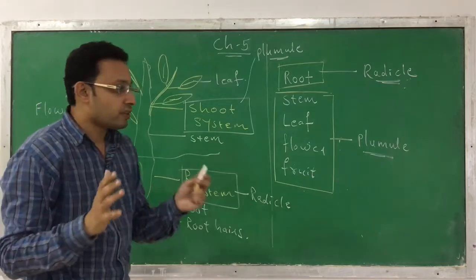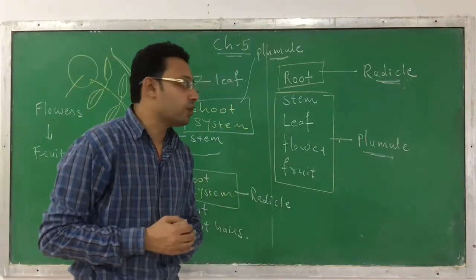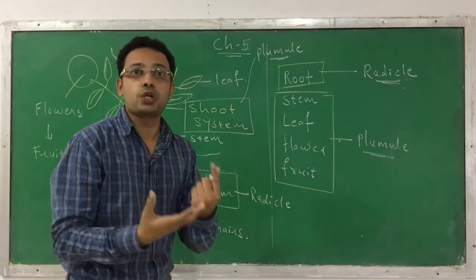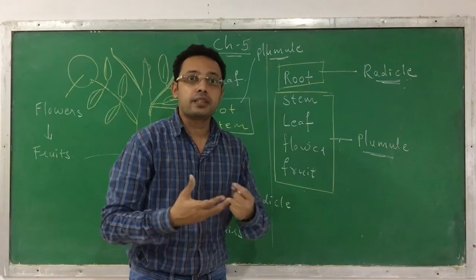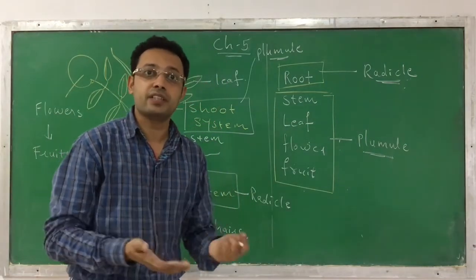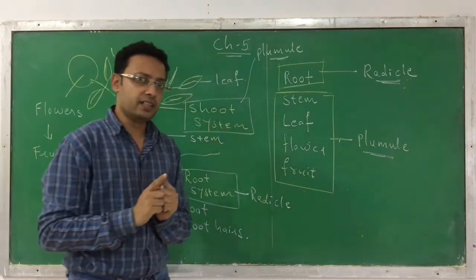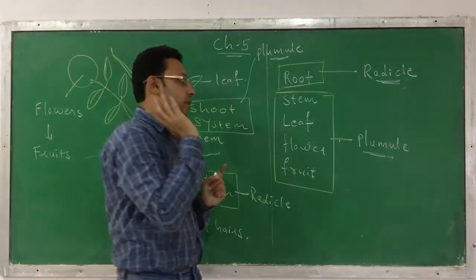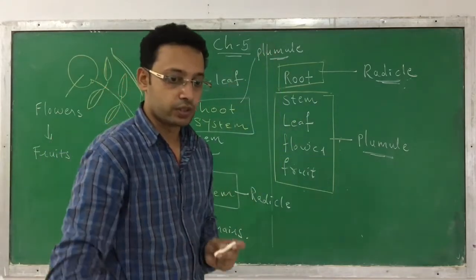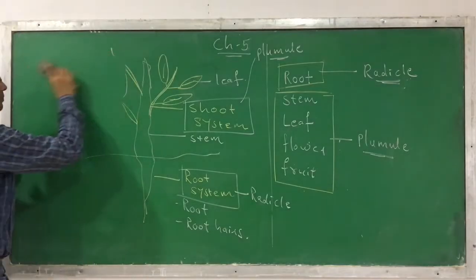Okay? So this is a general introduction to a flowering plant. Now here we are learning its morphology. That means we have to learn all these organs, how these organs look like, what their functions are, and what the different types of them are. So we will learn the organs one by one. Currently we are starting with the first organ called root. So let's start with the first organ called root.